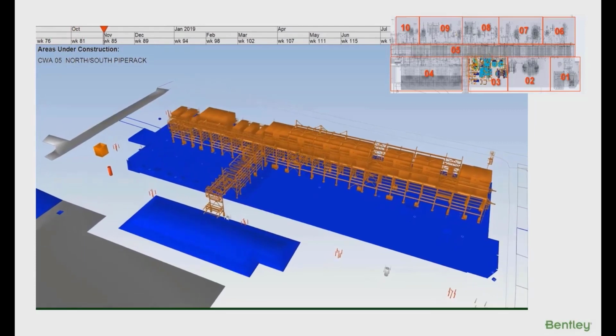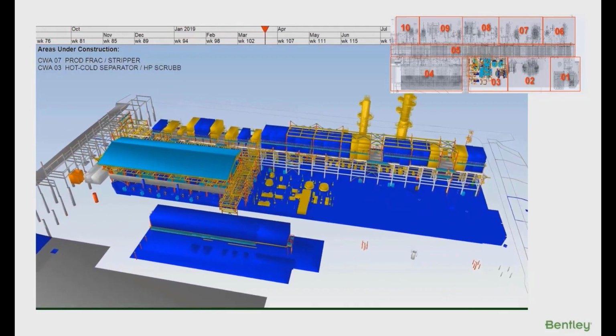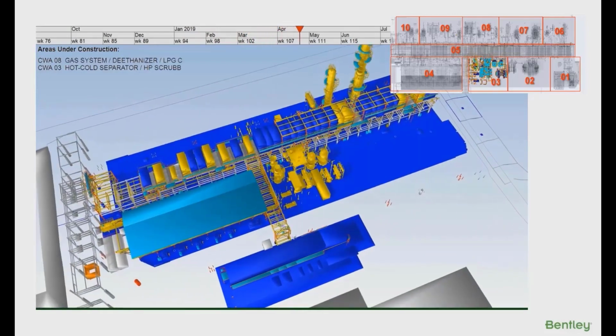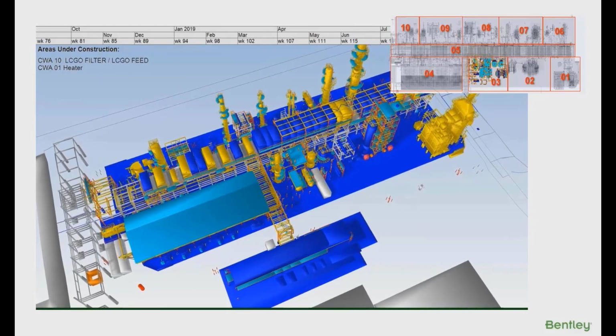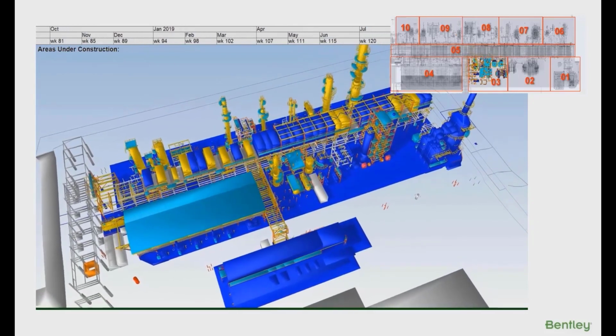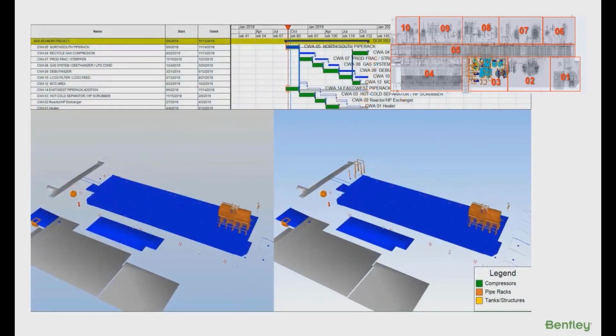When creating work packaging in Synchro, users typically start with defining the path of construction. Creating the path of construction definition is very similar to what we do in the 4D planning process. The benefits of doing this in Synchro is not only that you can see your plan visually, but you can